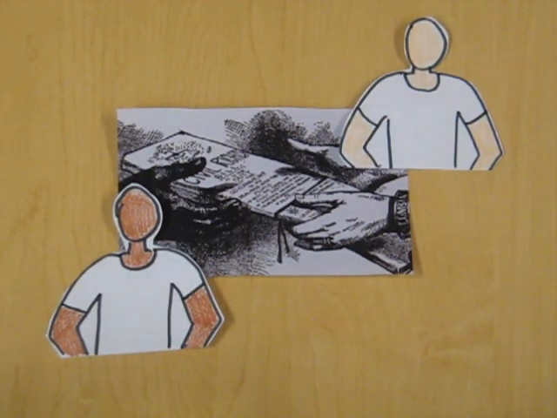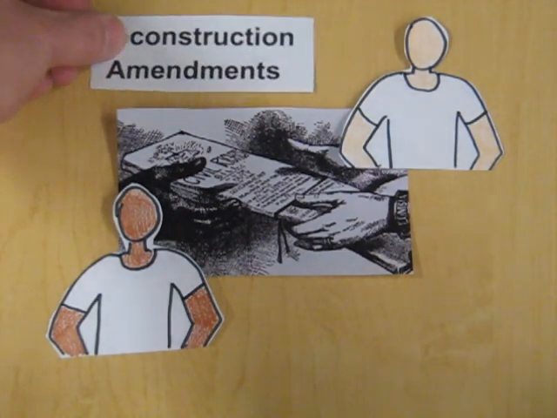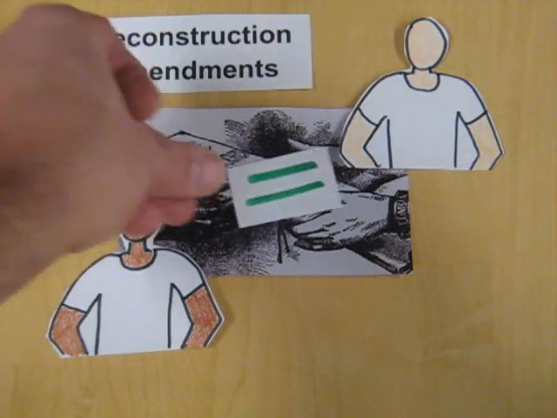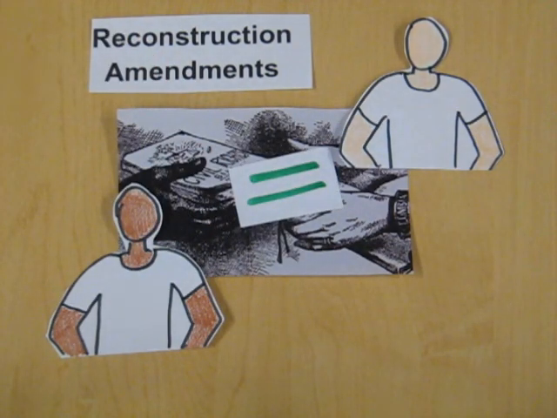The Reconstruction Amendments attempted to swiftly address the issues that came with Confederate defeat in 1865. Although loopholes were used to circumvent the intent of the amendments, they helped forge an American society based on